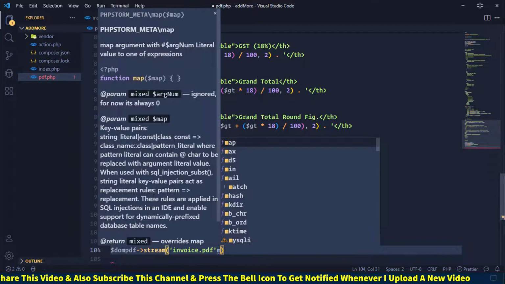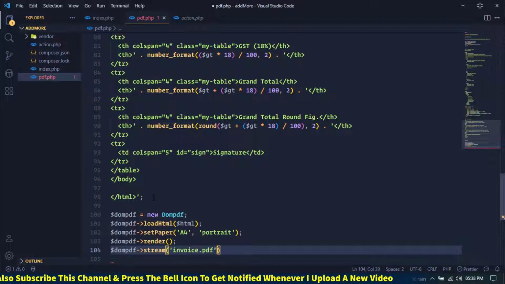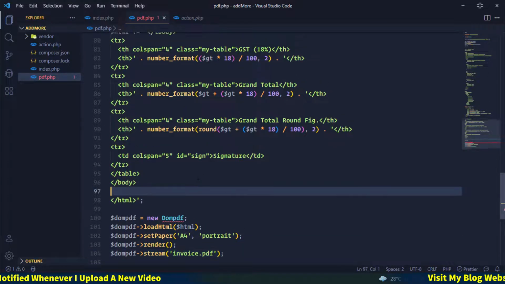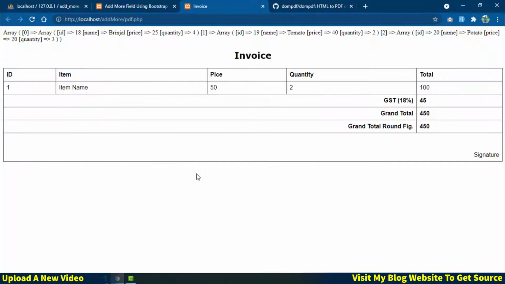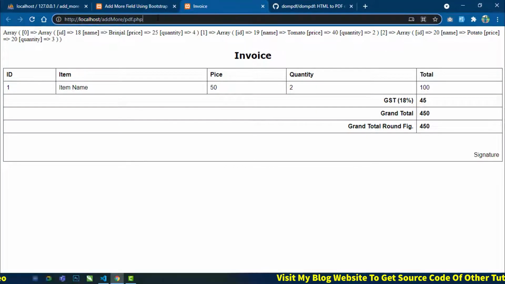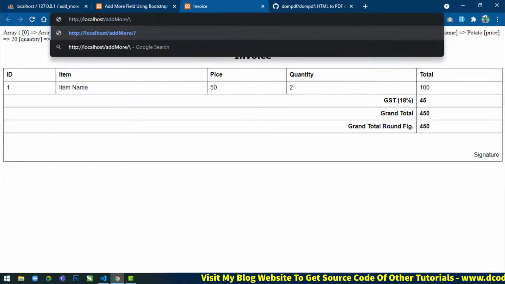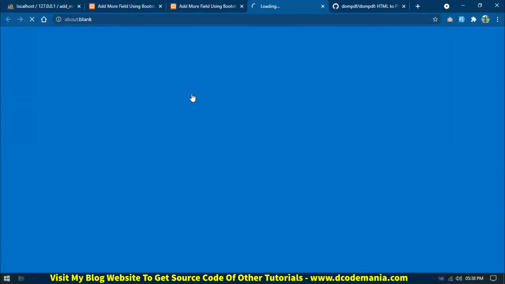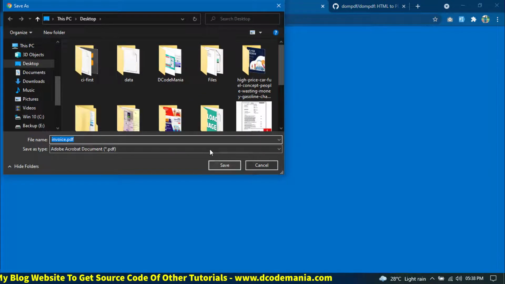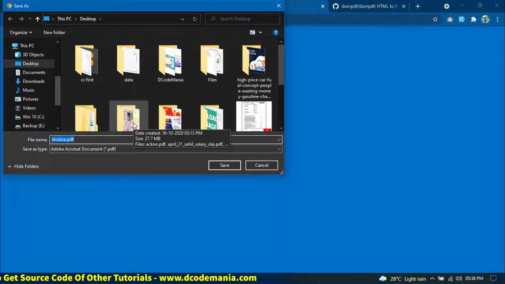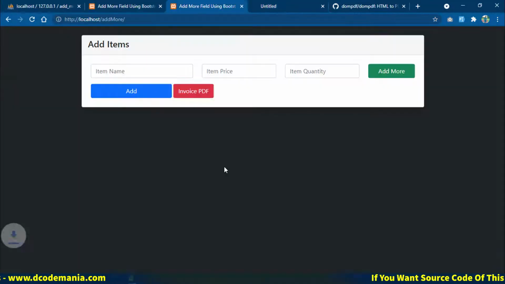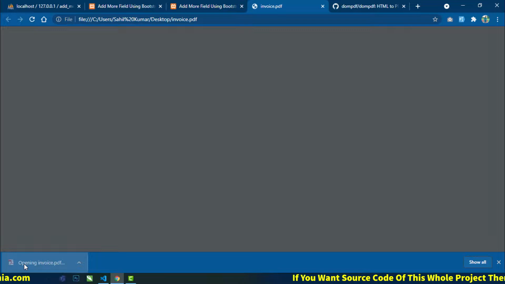Just keep this up to here, save and go to your browser. Now if I click on this invoice PDF and wait, then you can see the browser is asking to download this invoice.pdf file. If I download this file and open it,